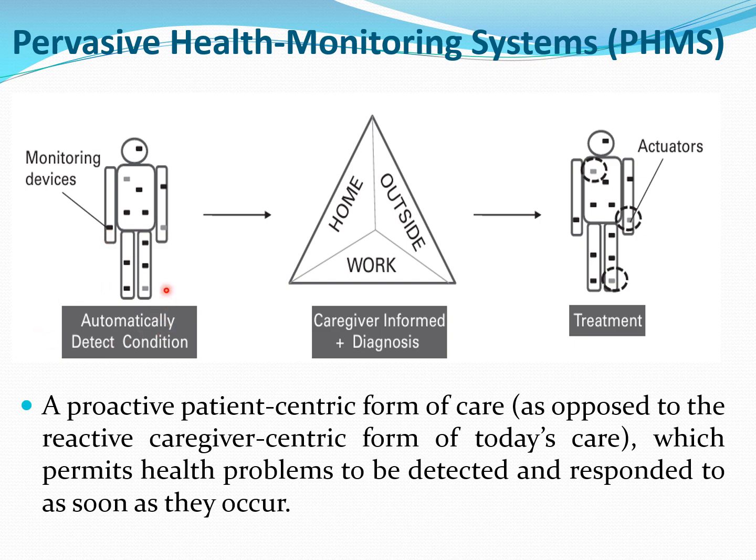They automatically detect the condition and convey details about the condition to a caregiver, right? And the caregiver can be another person at home or at work, or a doctor